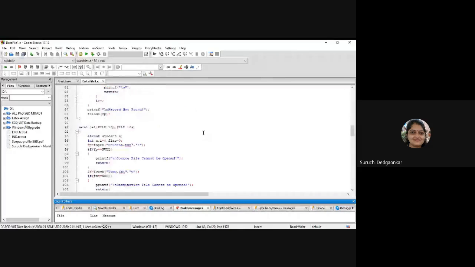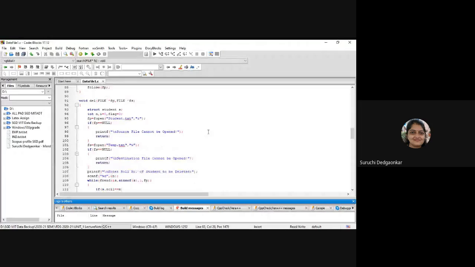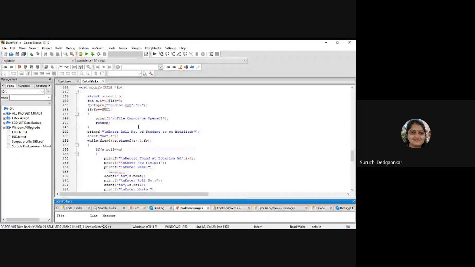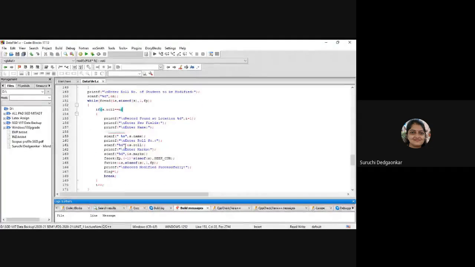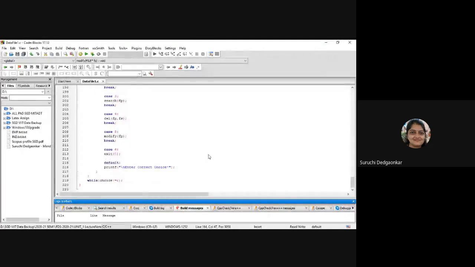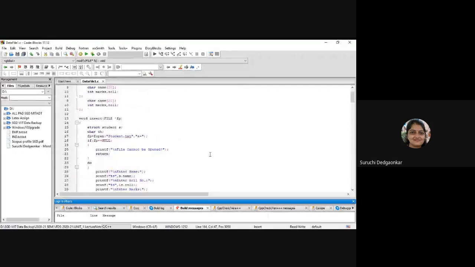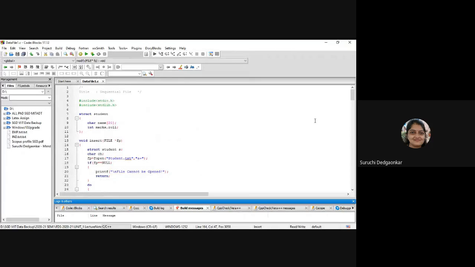And in deletion there is a different logic, which we will see afterwards. And in modify also, searching should come first. If searching is done properly, it will be done in the same way. Once the search is done, we can take the new parameters for that particular record and write it. So we will discuss the logic in detail in the lab, but like this you can at least start thinking on this assignment. We have discussed all the functions.